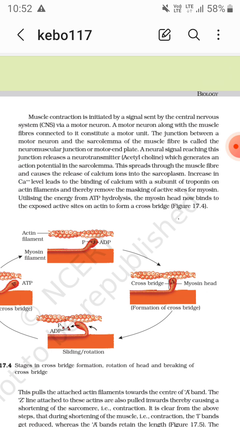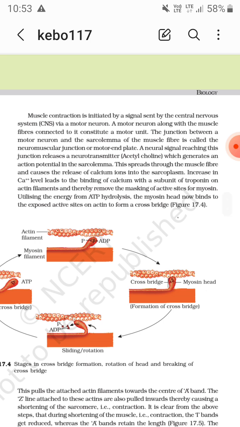A motor neuron. What is a motor neuron? Now, a neural signal reaching this junction releases a neurotransmitter, which is acetylcholine, which generates an action potential in the sarcolemma. Now this spreads through the muscle fiber and causes the release of calcium ions into the sarcoplasm, that is, the cytoplasm